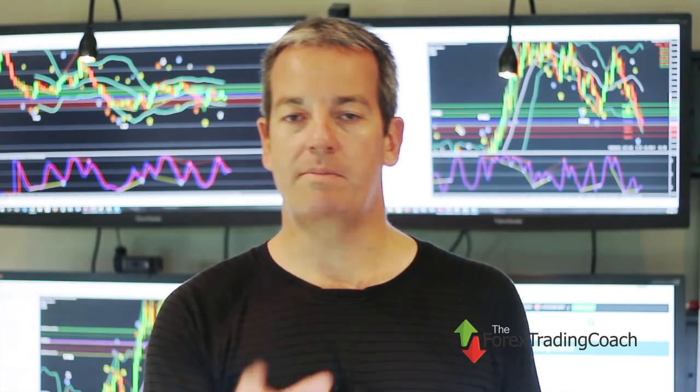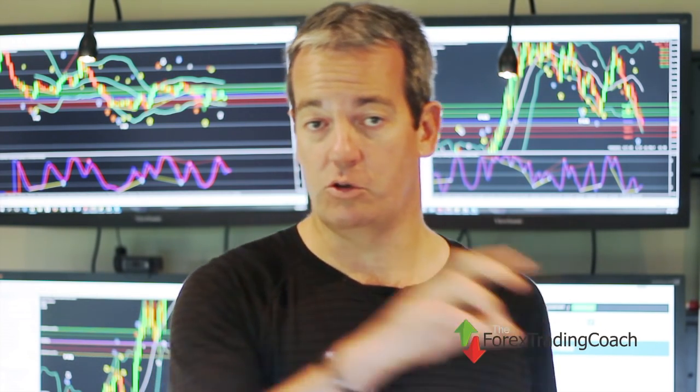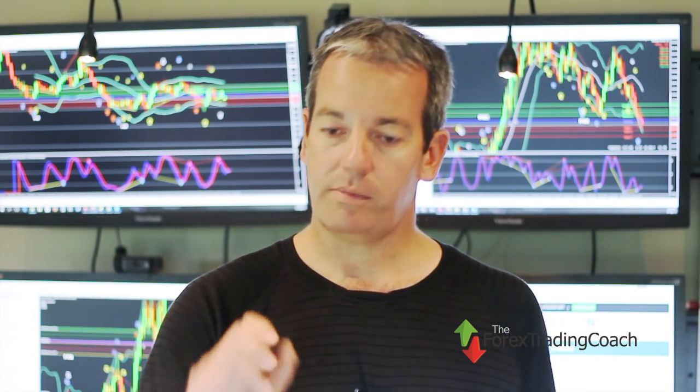And what it means is all you do is drag it on as a script onto your MT4 chart. It knows what your account size is because it calculates your account size. It knows what your currency denomination is. And it also knows what currency pair you're trading because you're dragging it onto the pair that you're about to trade. All you need to do is enter the risk that you want to take on that trade. It's defaulted at 0.5 of 1%, half of 1%. You can change it if you wish to. And all you need to do is enter the stop loss of that particular trade in pips, press OK, and